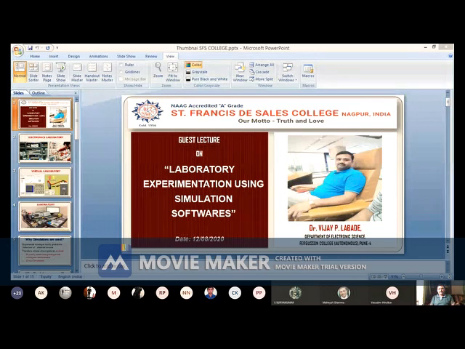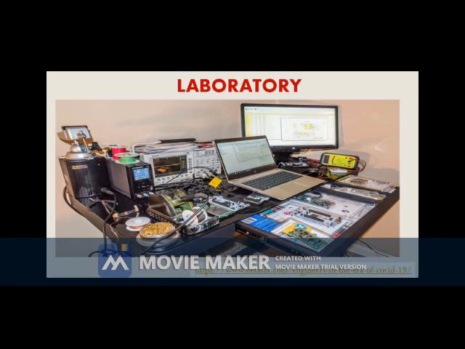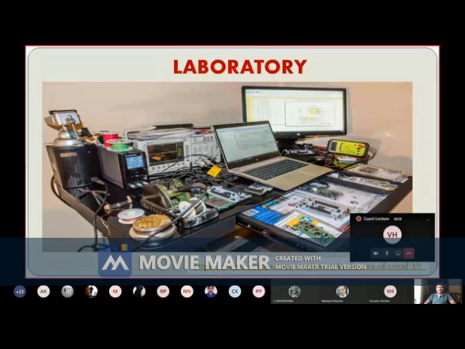All these equipment, connectors, cables, etc., are integrated and imported into the computer or laptop. You'll find various instruments, equipment, etc.